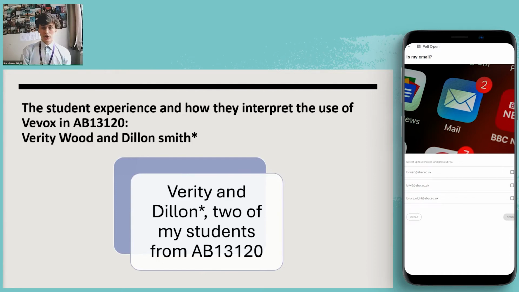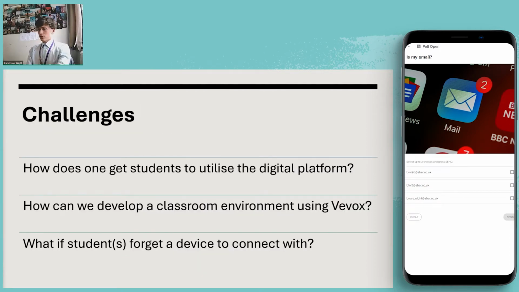Going on to challenges now. These are the questions that I get asked typically, and I've not checked the Q&A board in this sense, but how do I actually get the students to utilize the digital platform? I think this is actually what you wanted from the session today. As I said earlier, hands up at the start of the session: right, you're on your phones, go to Vevox, do the icebreaker questions, get them involved, and then start asking them